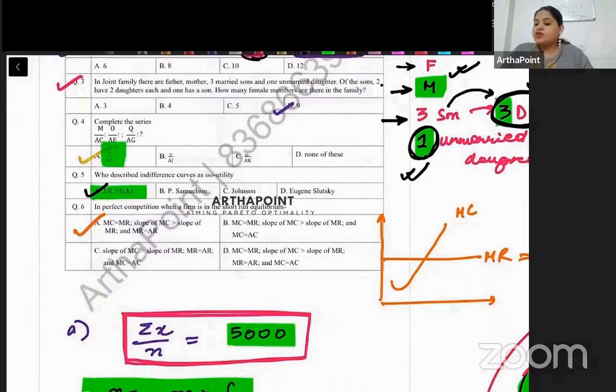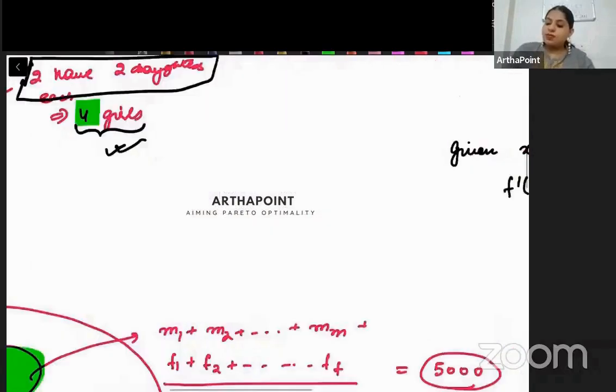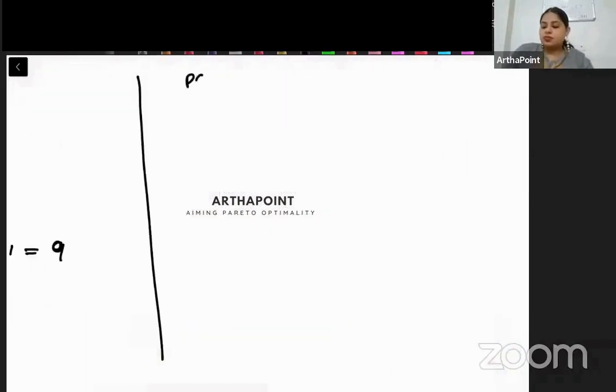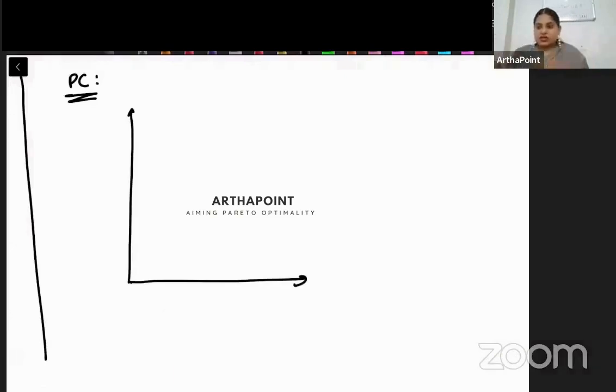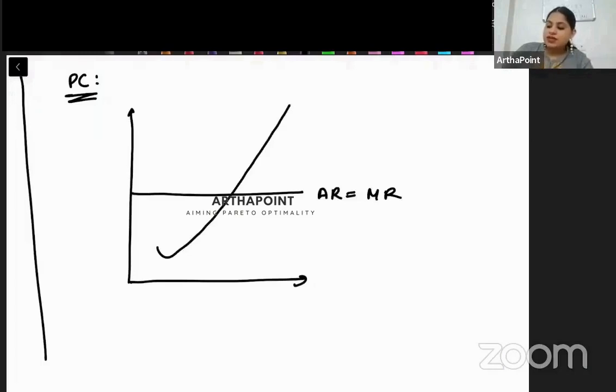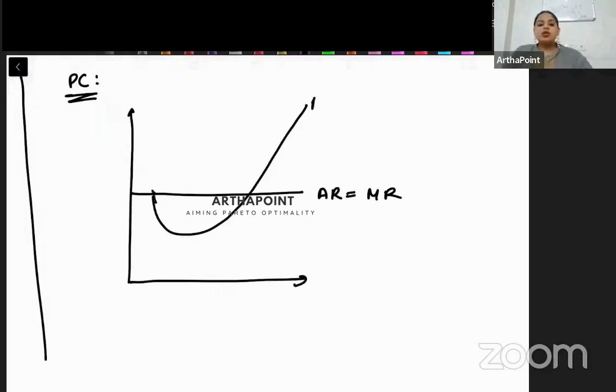In perfect competition, when a firm is in short run equilibrium, so beta, we know that for perfect competition, when we talk about the firm, we have to see these things. We have to see that this is AR, this is MR, this is MC. Usually MC can be like this also, beta. Like this. This is MC. So for perfect competition, we require that AR should be equal to MR, should be equal to MC, this point,